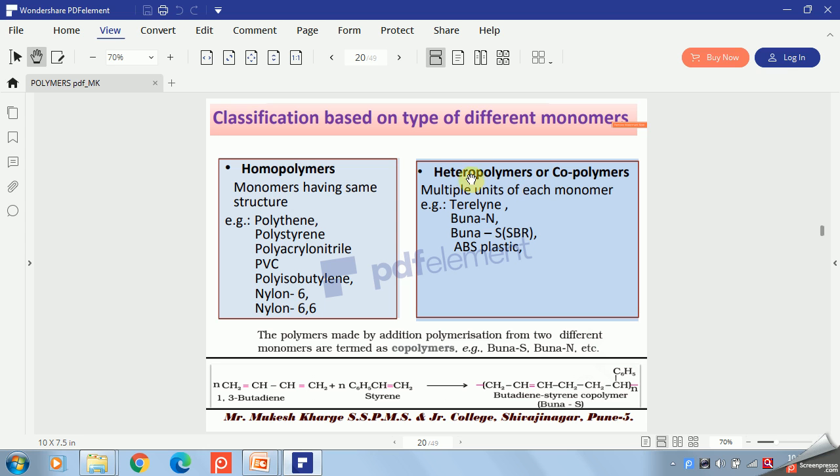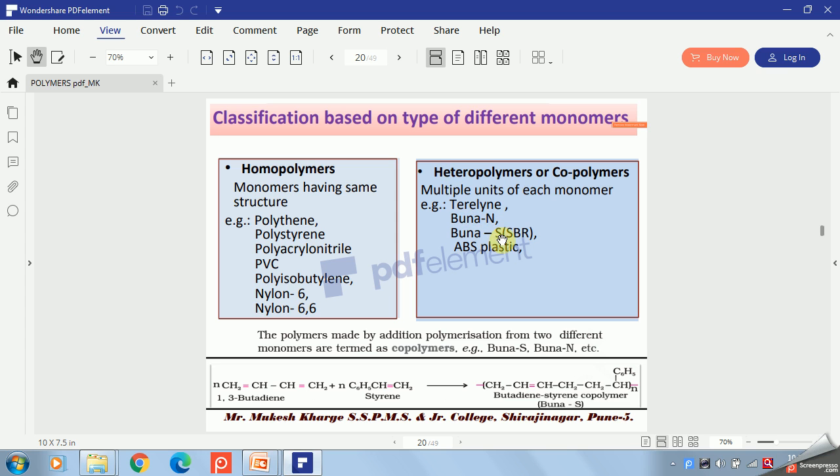Then another type is heteropolymers or copolymers. Hetero means different, so multiple units of each monomer are involved. They have two or more types of repeating units, and that's why they are called heteropolymers. They are formed by polymerization of two or more different types of monomers in the presence of each other. Different monomer units are randomly arranged in the copolymer. Examples are terylene,